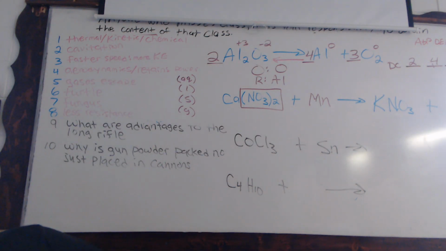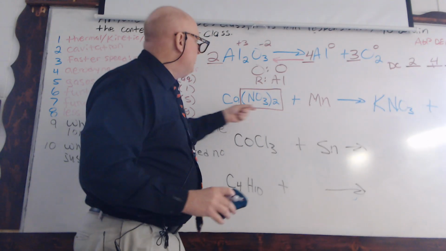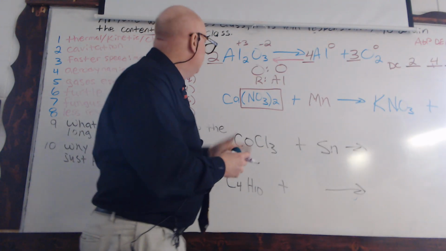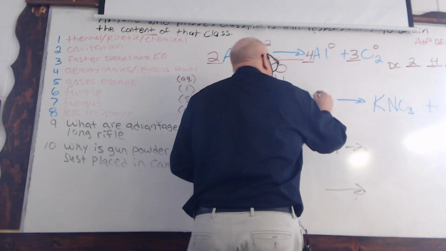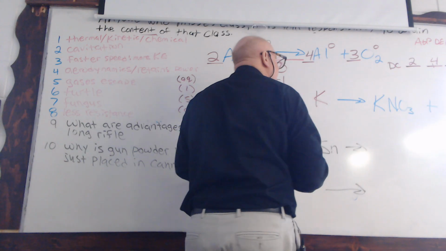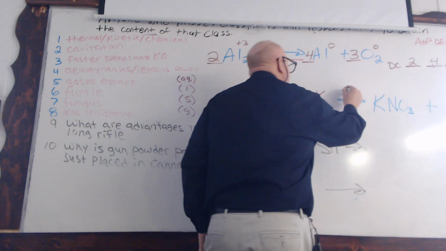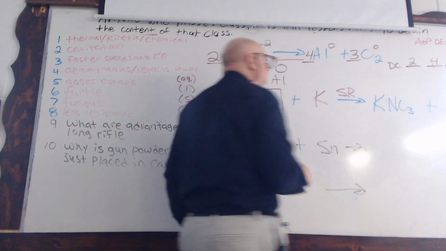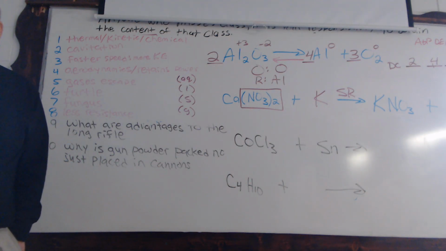So this just isn't strong enough to replace that metal ion. So going back to what we have, we had potassium here. Then this is single replacement. Now, when you balance these,